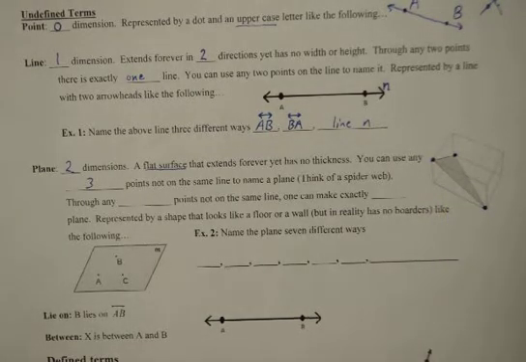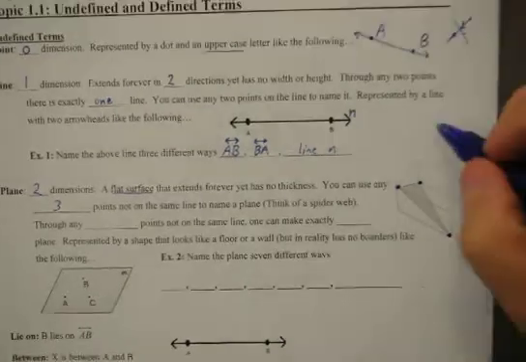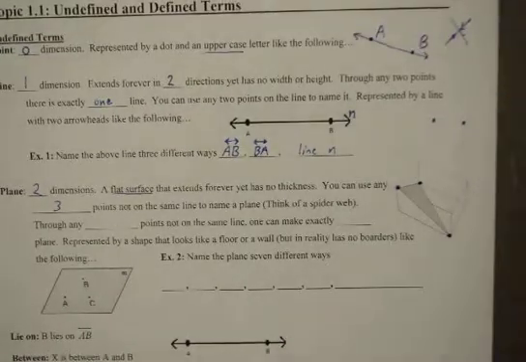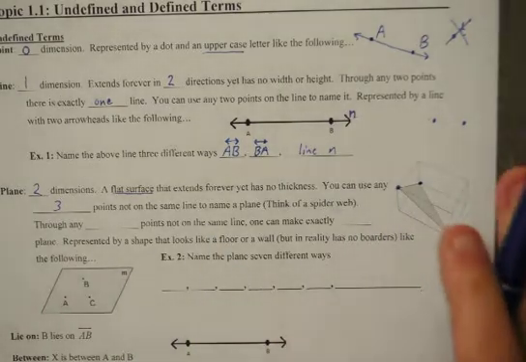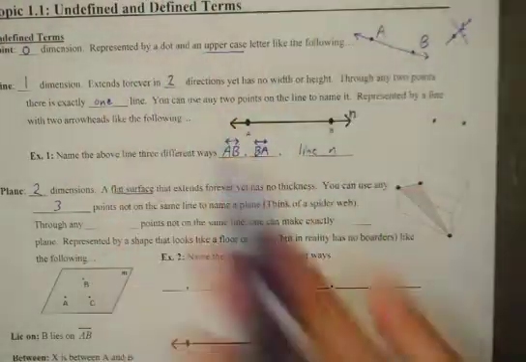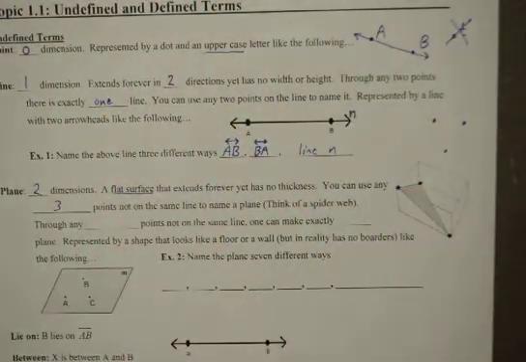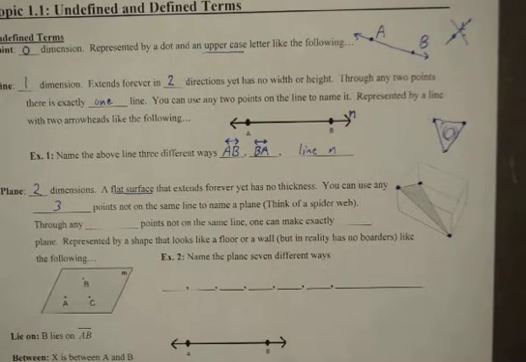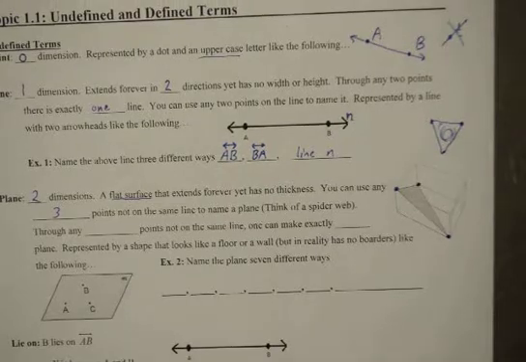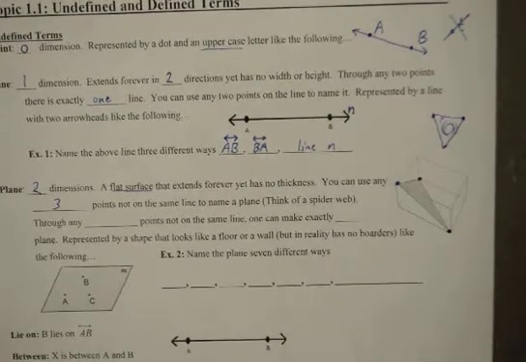Or like I like to think of it like this: could you make a spider web with 2 points? Would that be a successful spider web? How many points does a spider web need? Because a spider web needs to be like a flat surface. And so if I make a 3rd point, I now have a flat surface to work with. Alright, so if you can make a spider web, you can make a plane. It can be any 3 points.